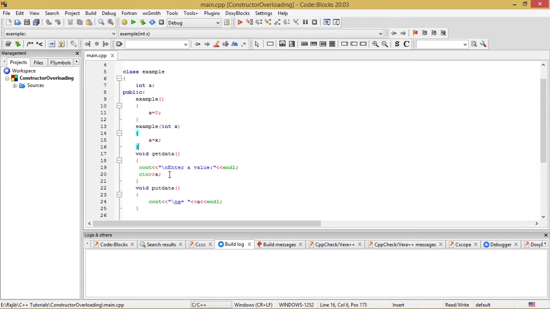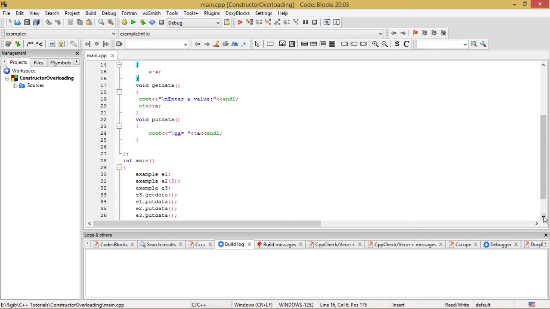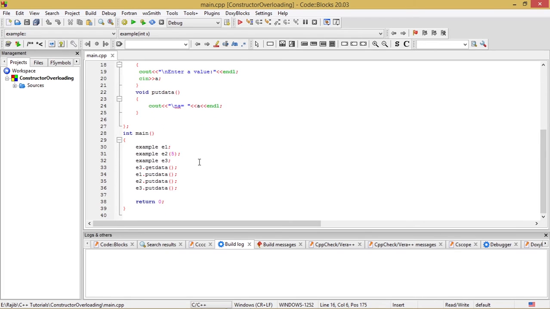After that, the value given by the constructor to the member variable a will be overwritten by the value supplied by the user from the standard input device. This is the getdata function. After that, I have written the putdata function, which helps us to see the output as a = a. After that, we go to the main section and see what I have done there.